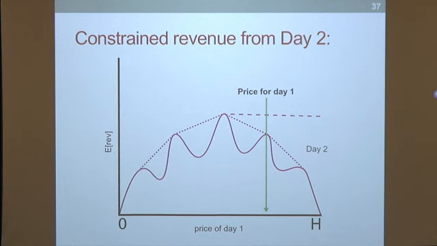So now this isn't just price to expected revenue, it's price of day 1 to expected revenue in terms of day 2. We're reasoning about the revenue we can get from day 2 if we set any given price on day 1. It's almost like a nested gift wrapping problem, or there's some kind of constraint propagation across each of these price curves that's in terms of what you chose for the one before it. And there's this kind of ironing that you're doing where you want to wrap on the maxima of that convex shape as much as you can to extract the maximum value here as the seller, right? Is that kind of